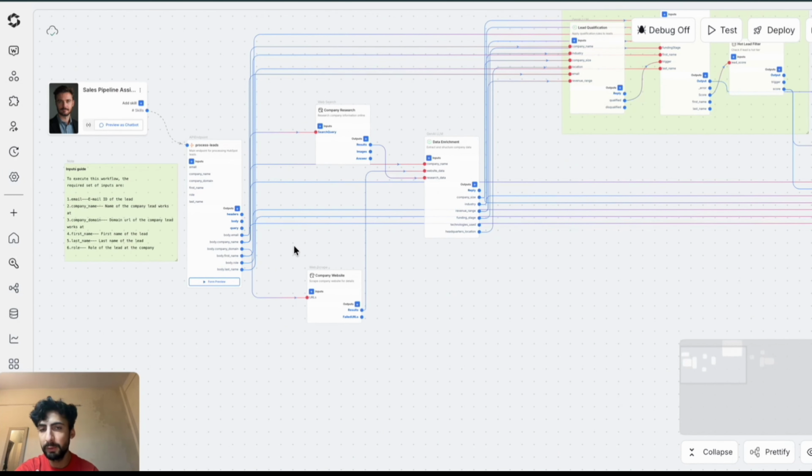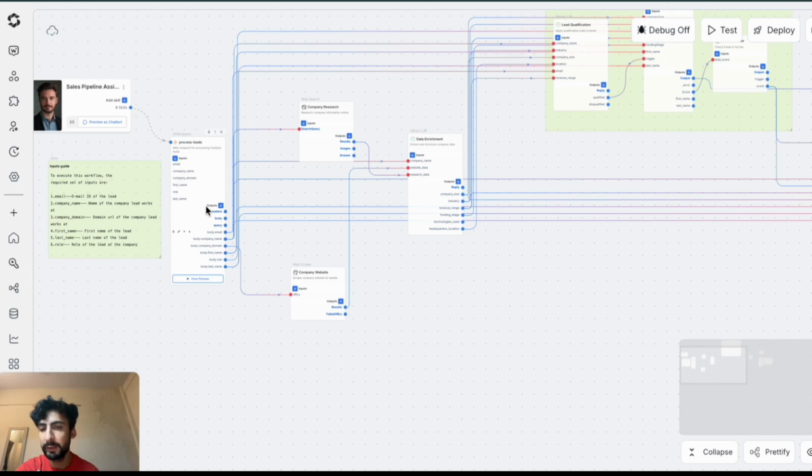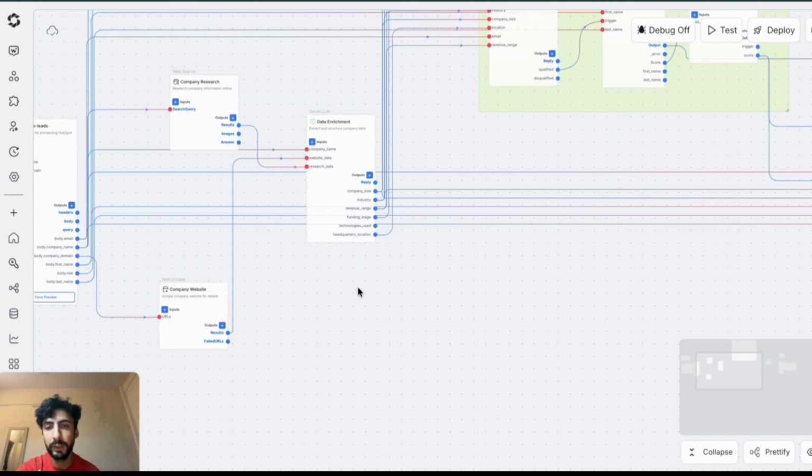Now what this template will do is that on starting this workflow, it will research not only the company but also the person as well. So on both fronts, it will search about the company as well as the person, whatever his profile, whatever his or her history has been. Now after enriching all of the data